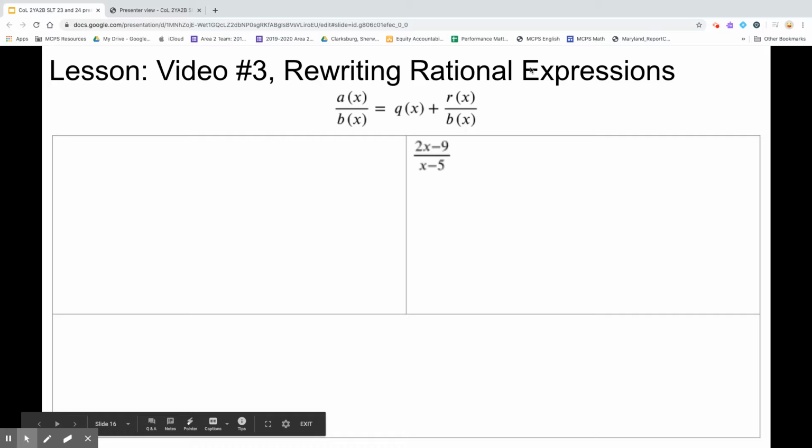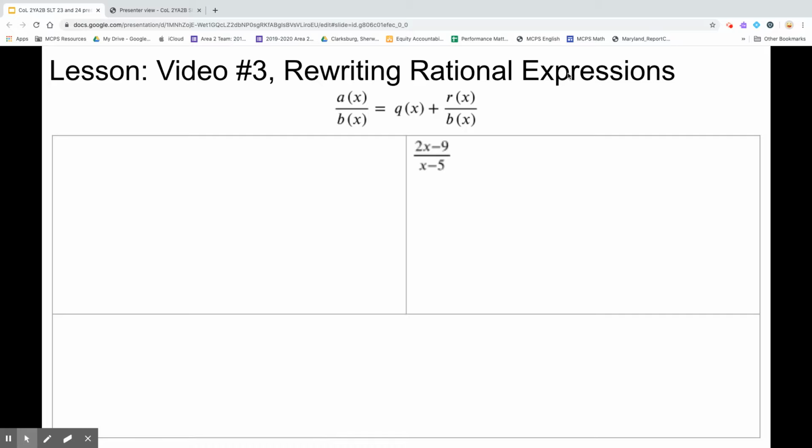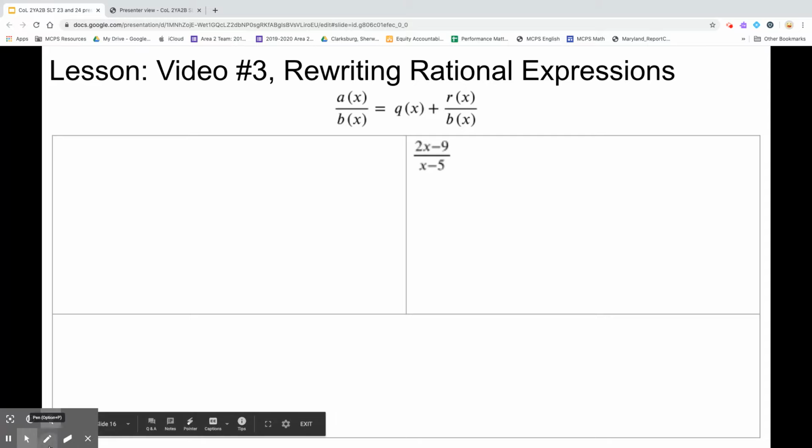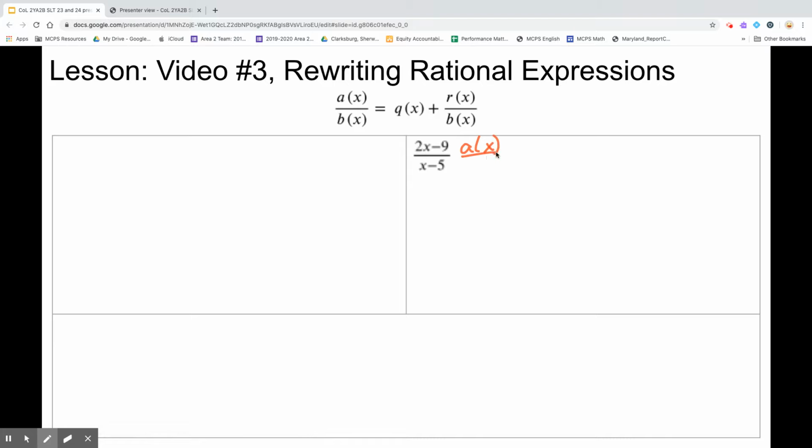In this video, we will be rewriting rational expressions that are in the form of a(x) divided by b(x), and we want it to equal q(x) plus r(x) over b(x). So in this problem here, we are starting with a(x) divided by b(x). The purpose for writing this is to help us understand a little bit more about key features